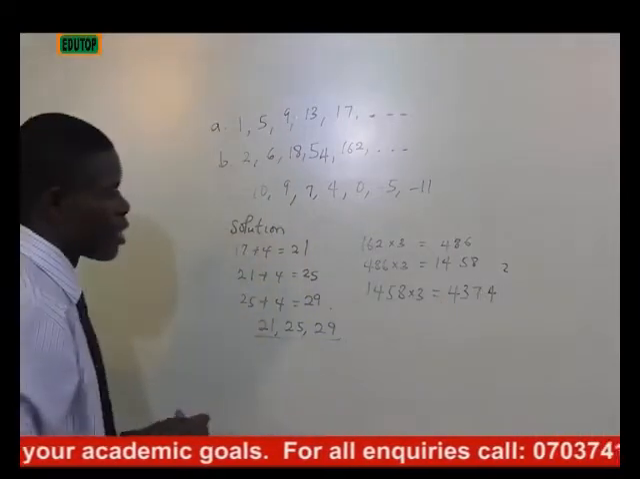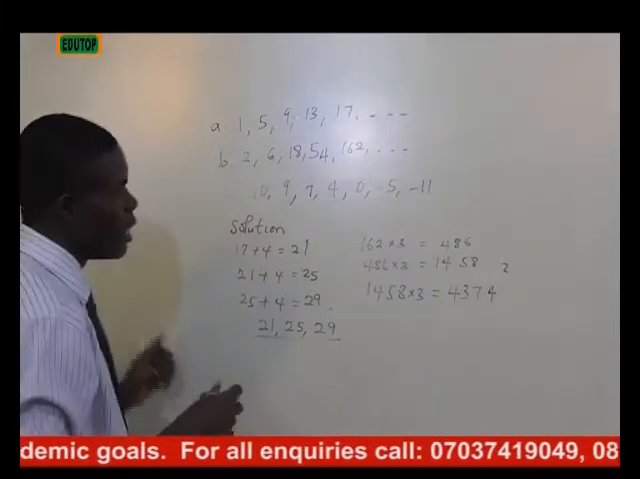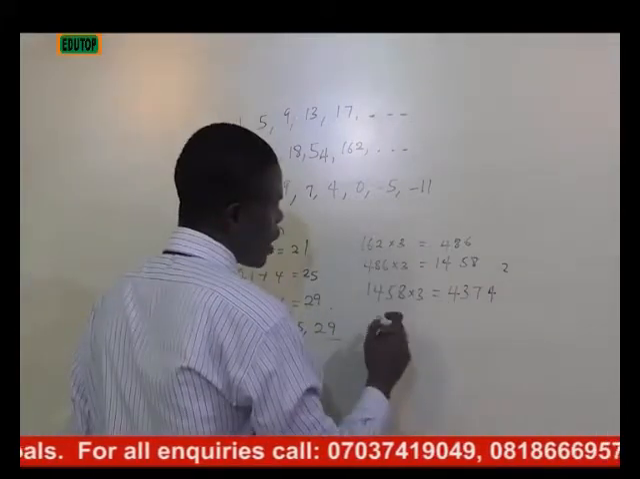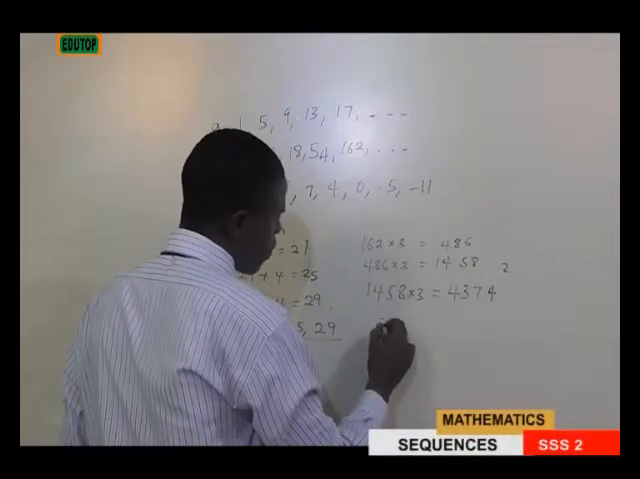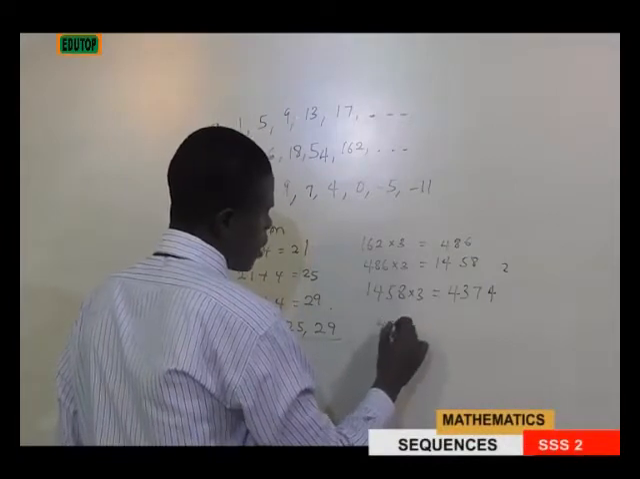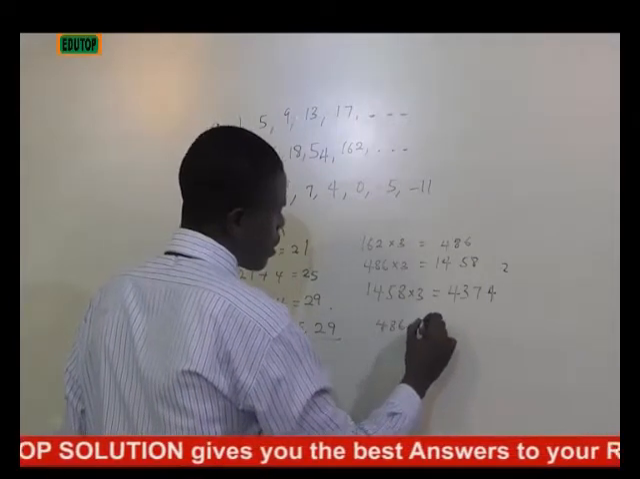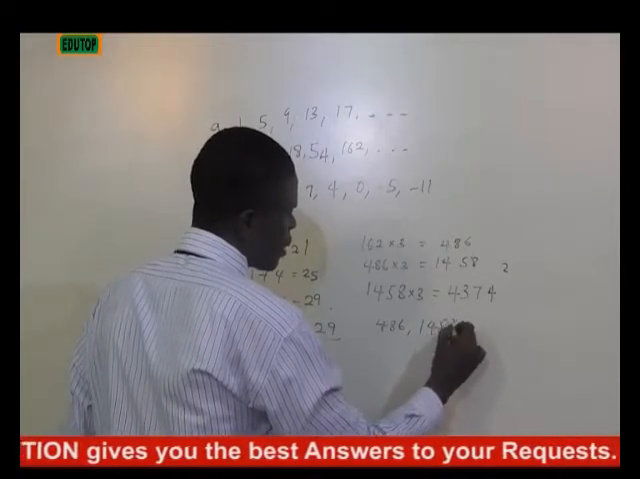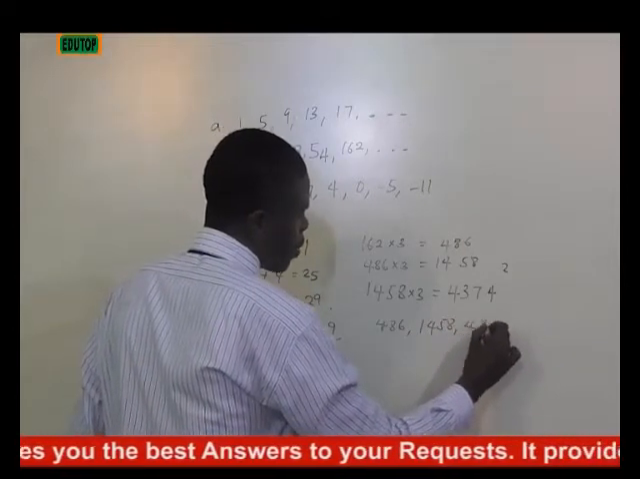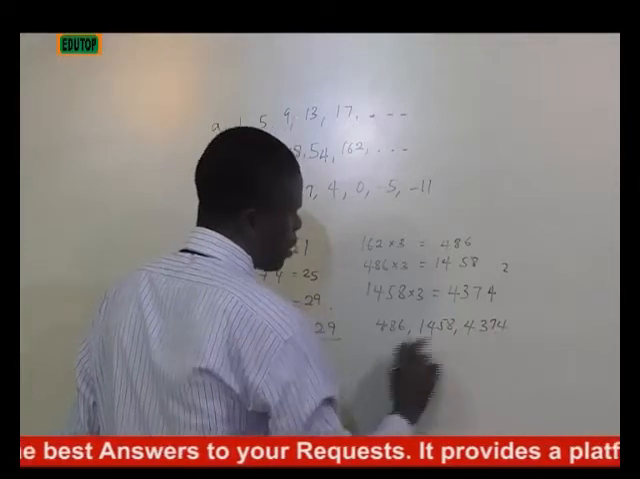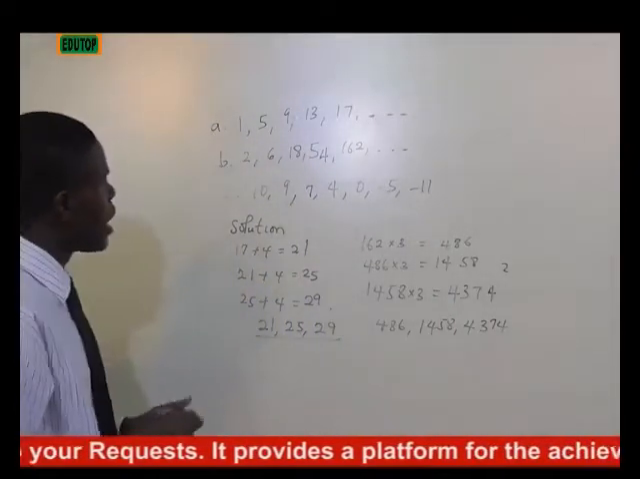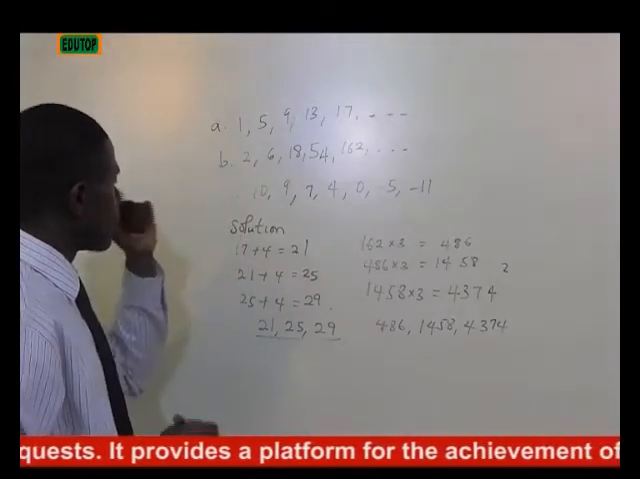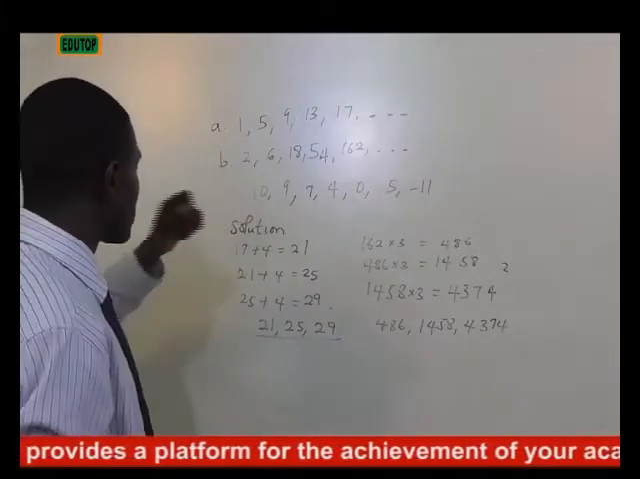4,374. That means that from the calculation here, it can be deduced that the next 3 consecutive terms will be 486, 1,458, and 4,374. These are the 3 consecutive terms. Then the last one, if you look at the number C, we discover that